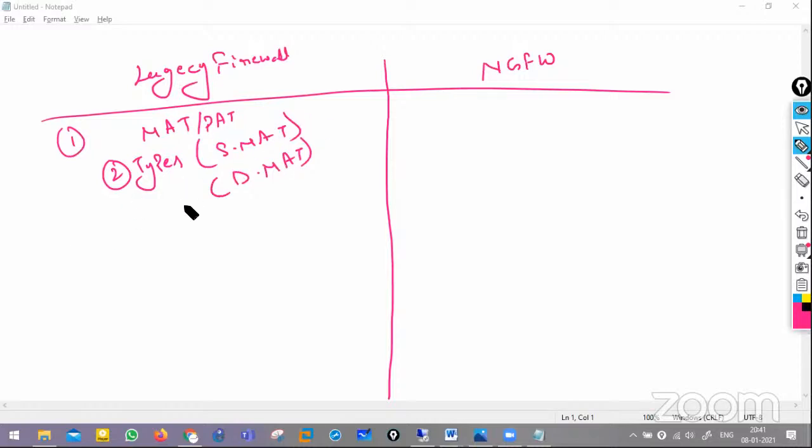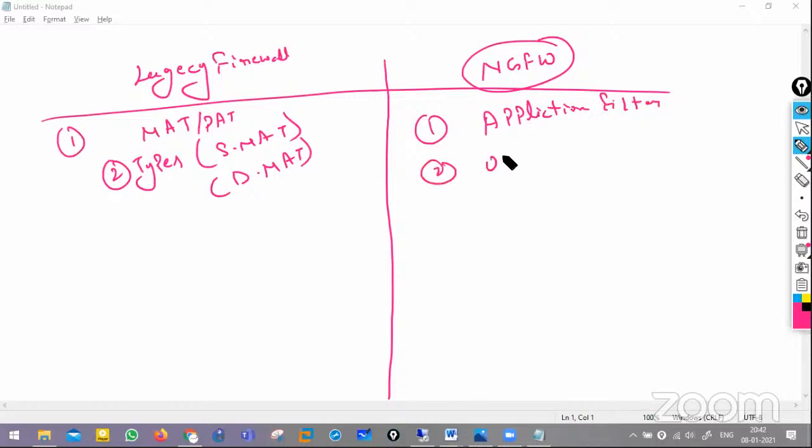But if I talk about next generation firewall, we can perform application filtering. User ID filtering, where User ID is a feature. Basically, we can filter any particular type of users by enabling this feature. But my legacy firewall doesn't have all these features. We can enable NAT and PAT, and we can filter any URL,